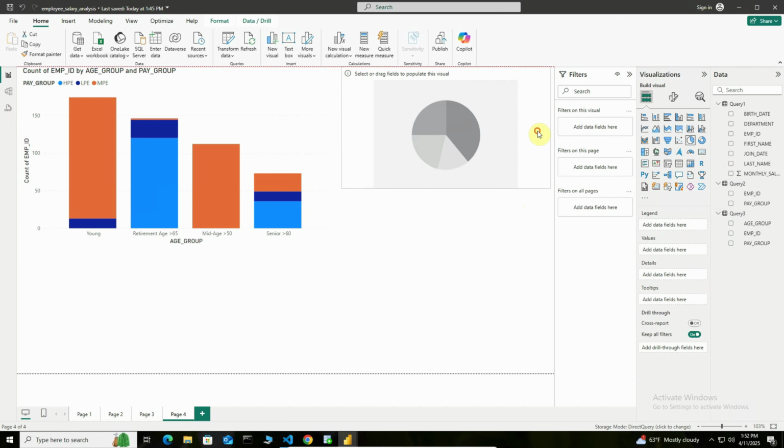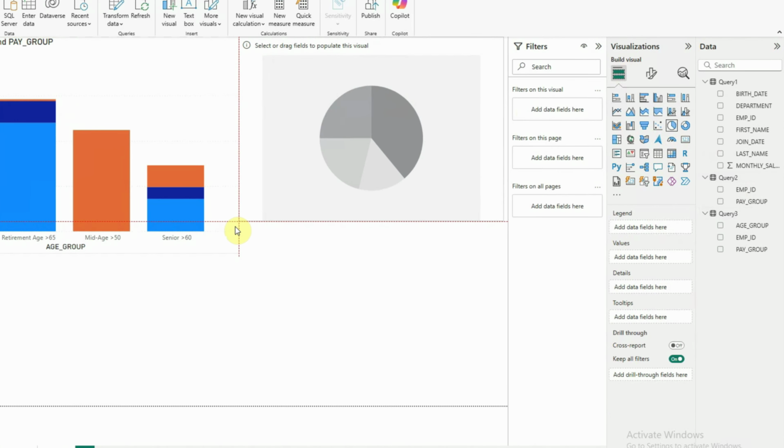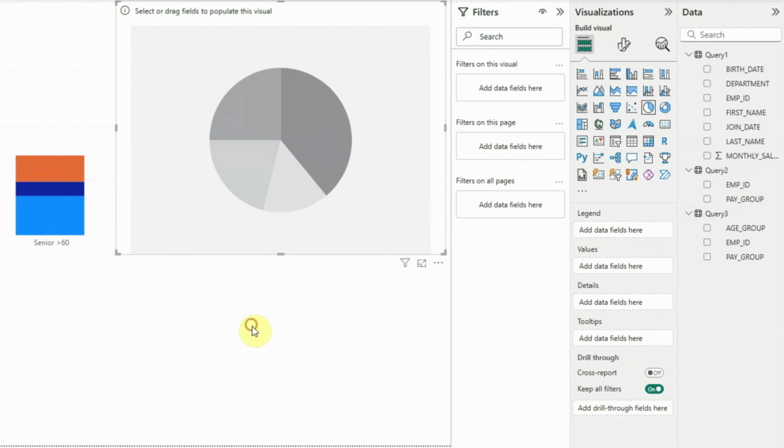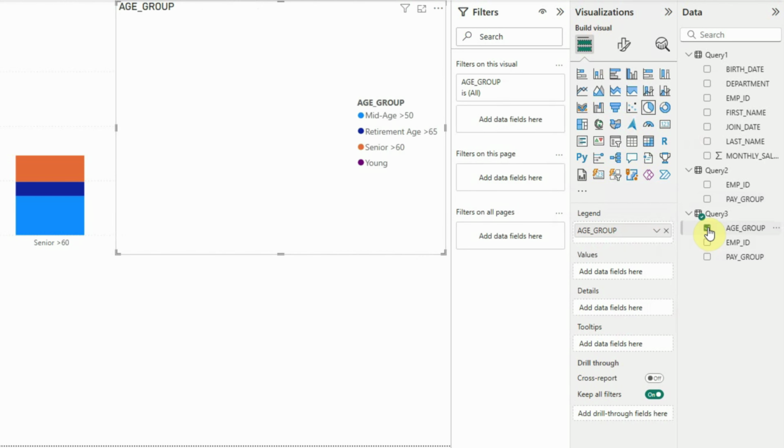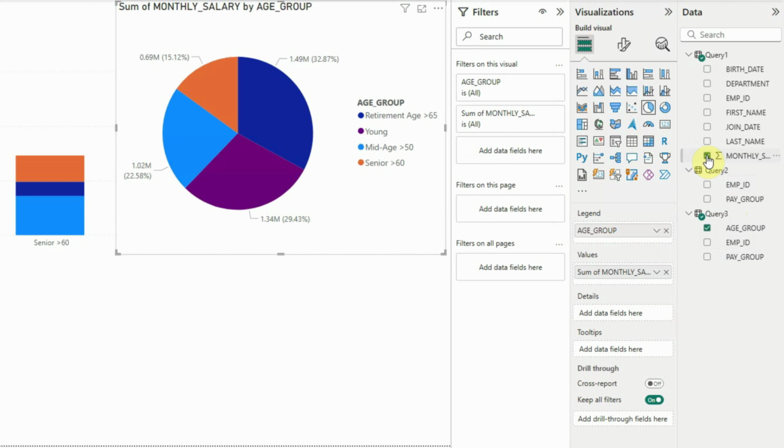Let's put it at the top, increase the size, and then here we are going to put the age group first, and then monthly salary, and this will give us actually the monthly salary by age group, where we can see